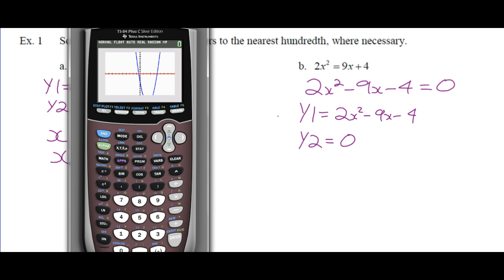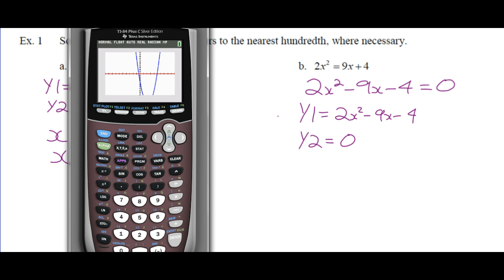So what you might want to do is hit zoom standard. If we were using this to find the vertex, min or max, we would have to extend the window down. So that's something you might have to do on Monday for the test. What are the coordinates of the vertex? You say, hey, I can just graph that. It's a multiple choice question, I don't have to show work, so I can graph that. To find this particular vertex, you'd have to